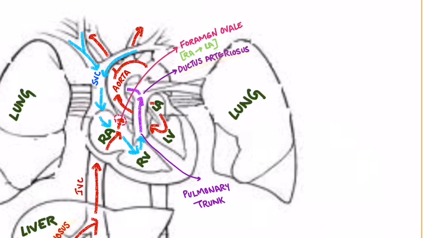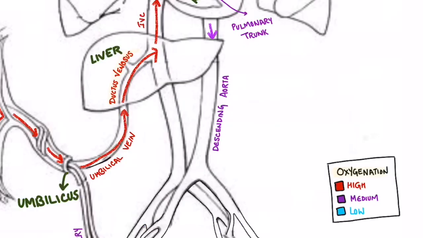In fetal life, the pulmonary vascular resistance is high. Hence, this blood passes through the ductus arteriosus, which is connecting the pulmonary trunk to the aorta, into the aorta. So, the ductus arteriosus is connecting the pulmonary trunk to the aorta, where it mixes with some oxygenated blood from the ascending aorta and is passing down through the descending aorta into the lower extremities and into the internal iliac artery.